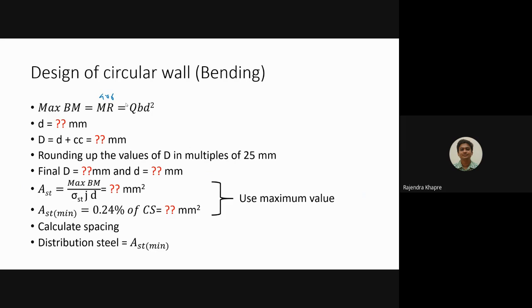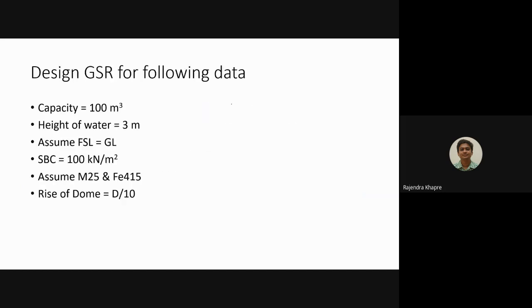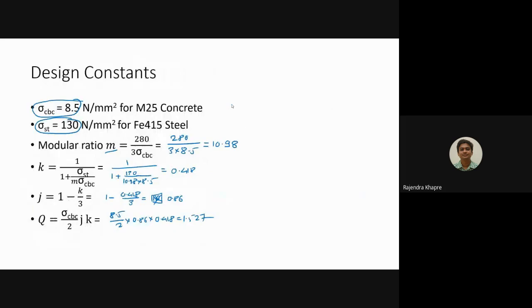For the working stress method, moment of resistance is nothing but Q B D square. So 4.06 into 10 to the power 6 equals Q, which we have calculated as 1.527,